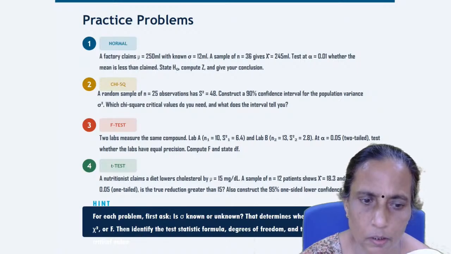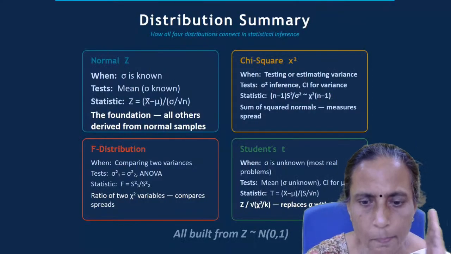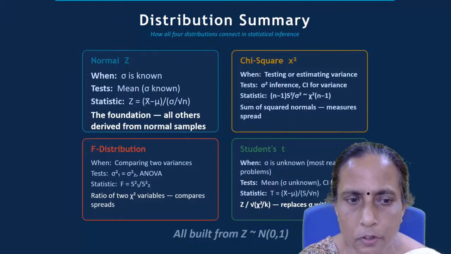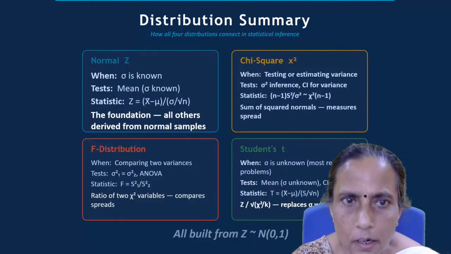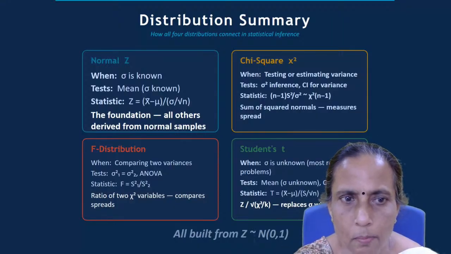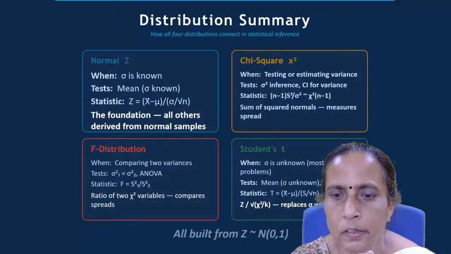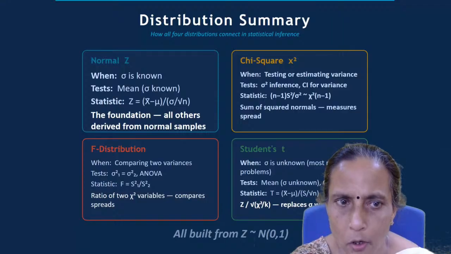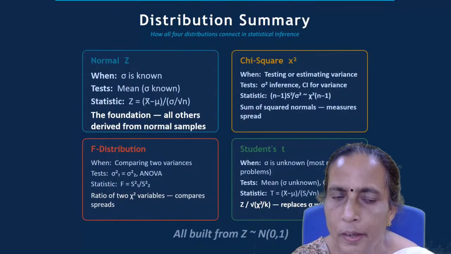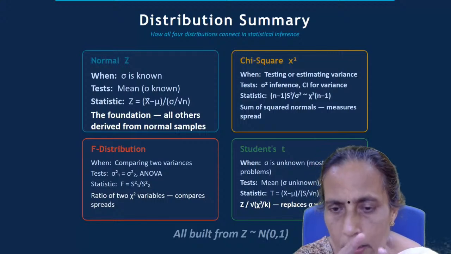These are some of the practical problems, and this is the summary of the distributions that we have just discussed. Comparing the four that we have discussed so far: one is your standard normal, one is your chi-square, one is your F, and one is your student's t. And your standard normal, when sigma is known, the statistic is Z equal to sample